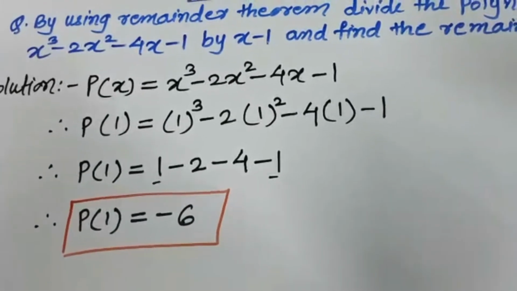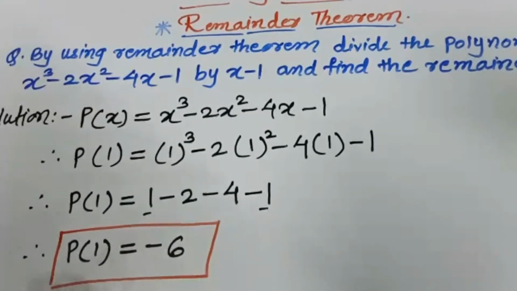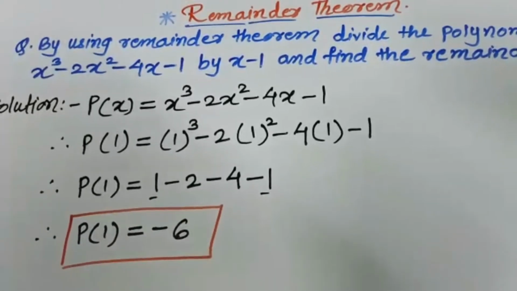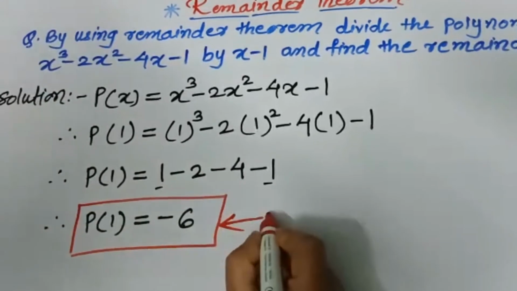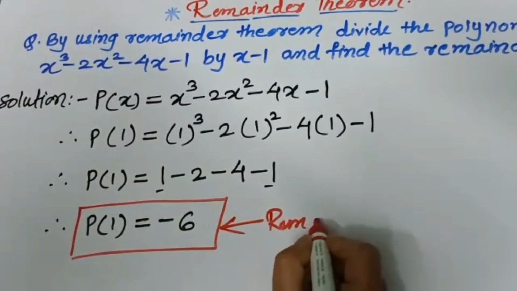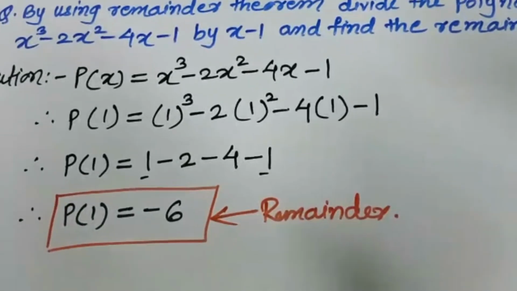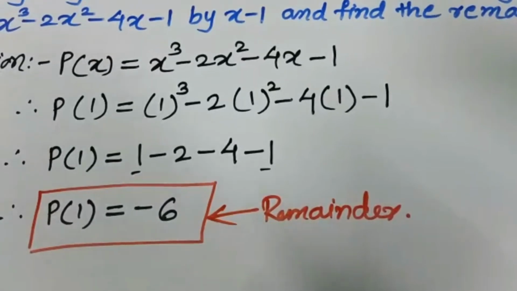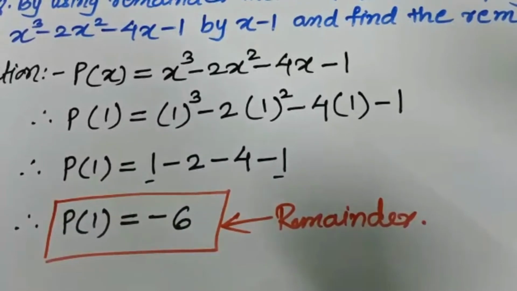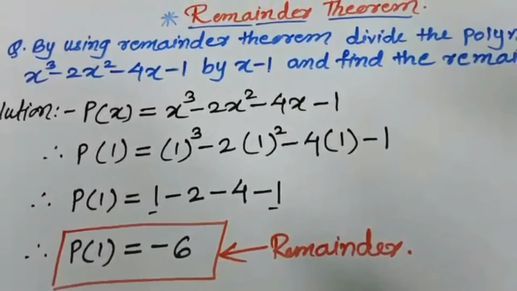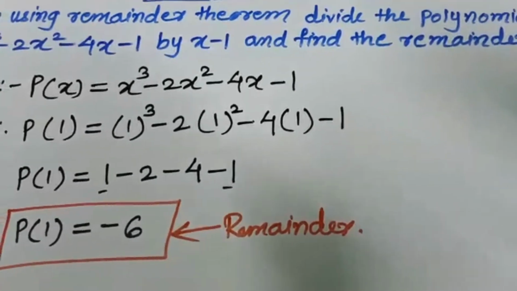Okay. So by using remainder theorem, here we found this remainder as a value of that polynomial after putting x is equal to 1. So here the remainder is only -6. So write it is remainder. Understood? Like this we have to solve any example, means we have to divide one polynomial by second with the help of remainder theorem. Actually only you have to replace the value of that variable with the help of opposite number of that divisor.